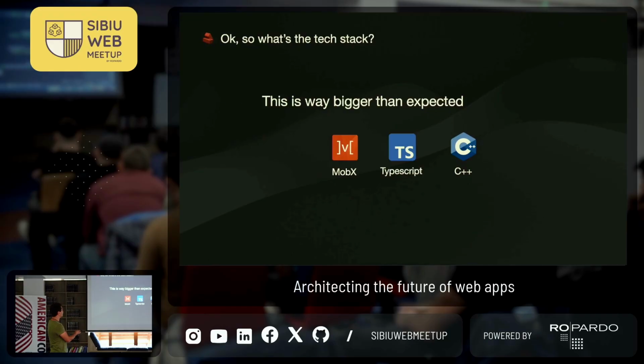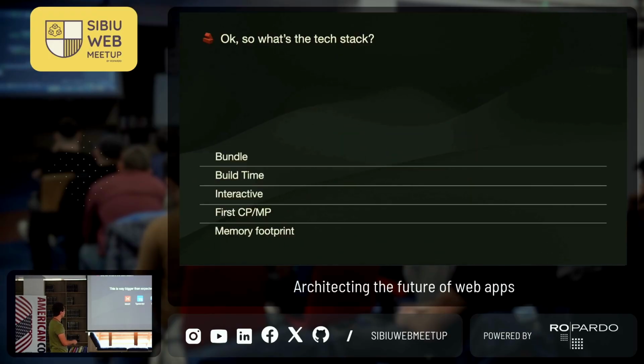This is bigger than expected. We are actually adding MobX. Our C++ developers were not happy about it because they had no idea how that was working behind the scenes. We kept TypeScript, but